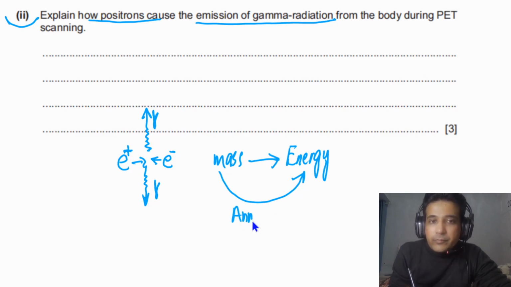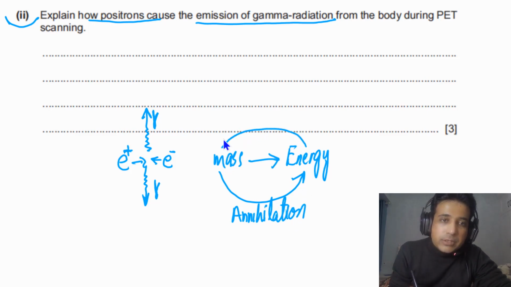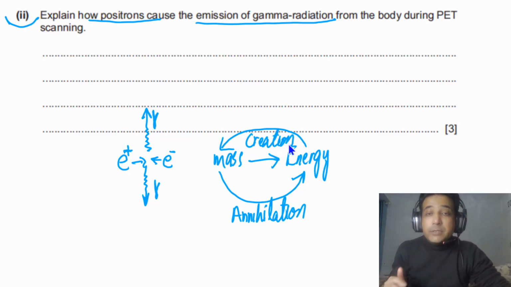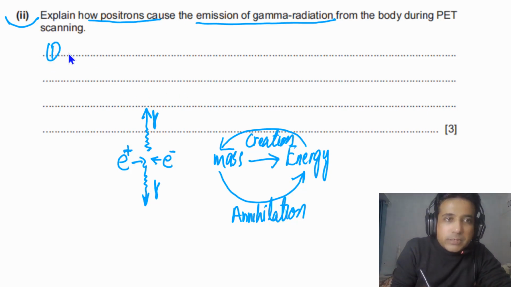When mass is converted into energy, we call this annihilation. And when energy is converted into mass, this is called creation, as the universe has been created from energy, that means from the Big Bang. So these points you need to write down. First point, we can say positron